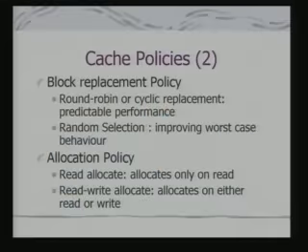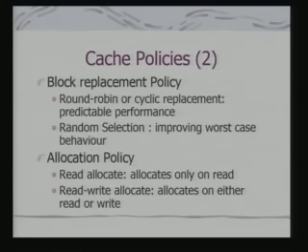The simple policy is round robin or cyclic replacement. That means the block which is loaded currently will obviously not be replaced. So, you go through a round robin procedure, you start from the current block, and you find out the next block which is in line to be replaced and you replace it.